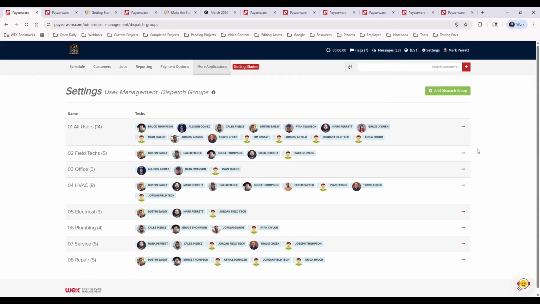But we need to add users into these groups so they will show up on the schedule page. And that is a very important thing to know. If you add your users in your system and then you go to the schedule page, if you have not added them to a dispatch group, they will not show up. A user must be added to a dispatch group in order for it to be shown on the dispatch board